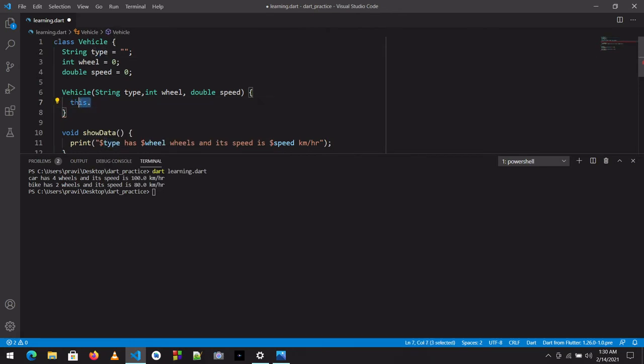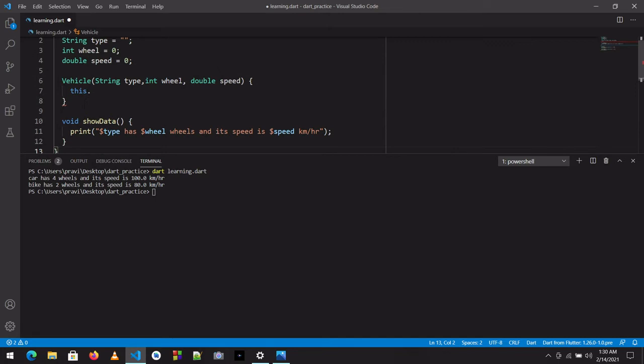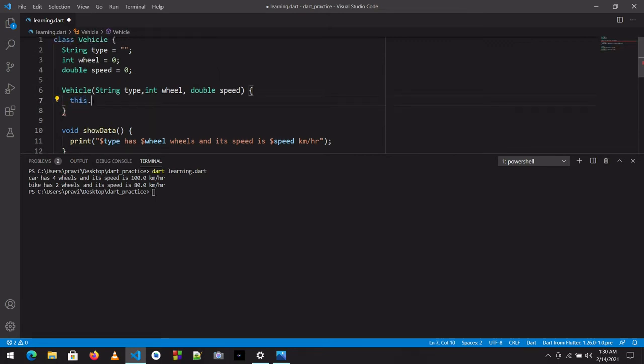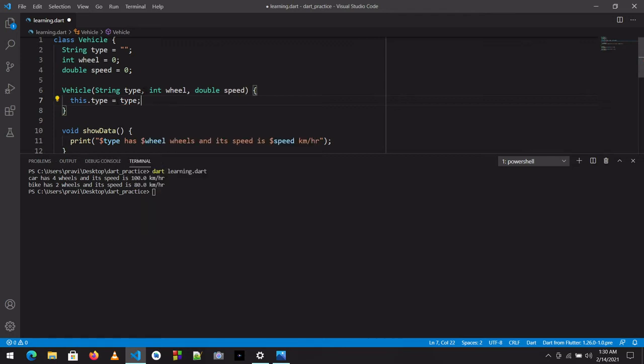Now what does this keyword mean? This keyword means the class, whatever the functions and attributes of the class are, they are accessed by this dot type. That is, this dot type means this class dot type. So this type attribute is equal to the new type. We have this new type given in the constructor, so it will replace the original type with the new type we got in the constructor.